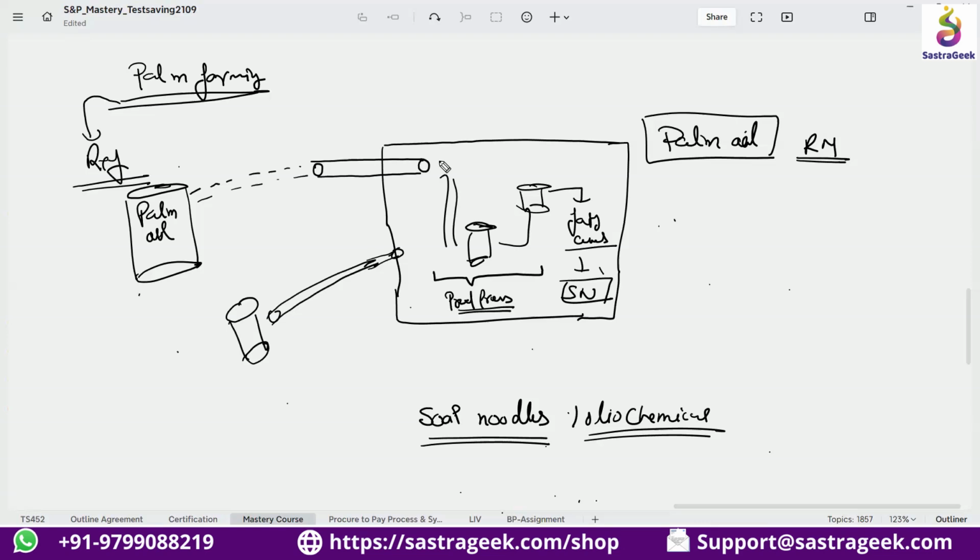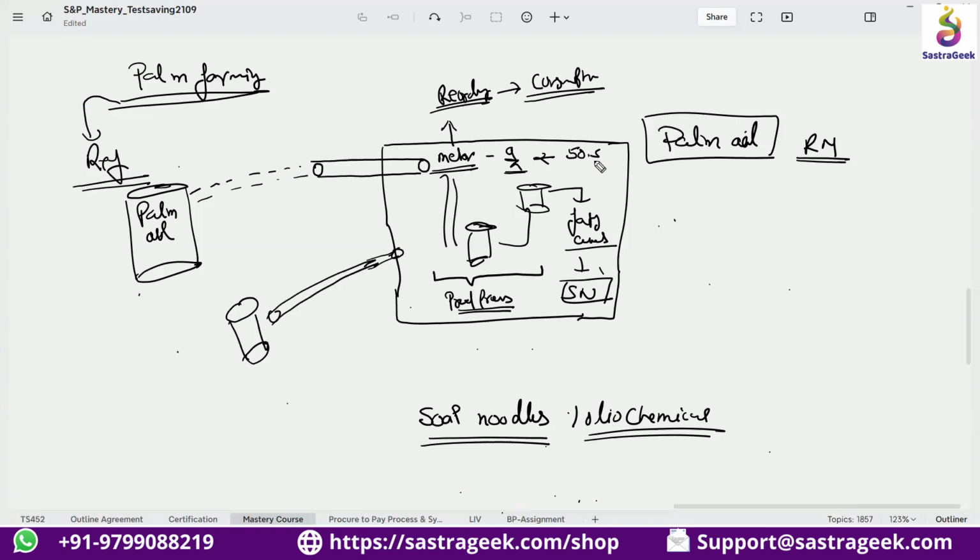So what happened with this? There are meters for the different materials, for the different pipelines, and through those meters the recordings can be done. In some places there are digital recordings, with a digital meter connected with the level 2 system, which automatically records what consumption we have done. In this process, when production needs to happen, they just open the tap and bring the palm oil which is required.